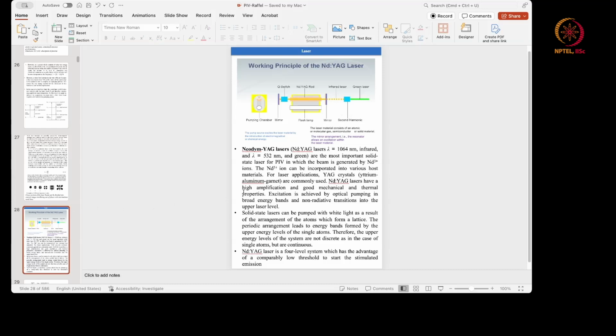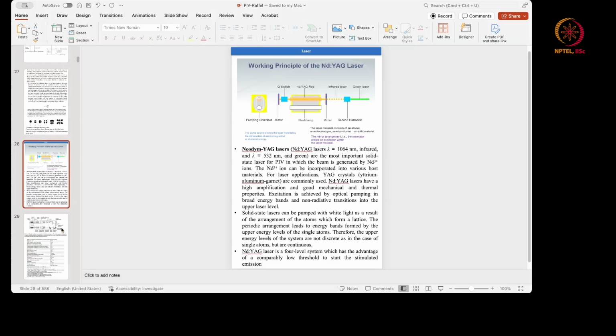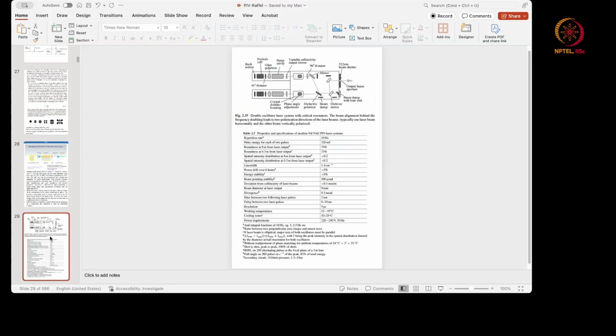So the pumping source excites the laser material by introduction of electromagnetic or chemical energy. That is how this lasing actually happens. If you now look at the different aspects of the laser, this is, for example, a double oscillator system, because in PIV you need 2 pulses, remember, which are well separated by a certain separation distance. These are more into the complexities of the whole thing, that this is the double oscillator laser with critical